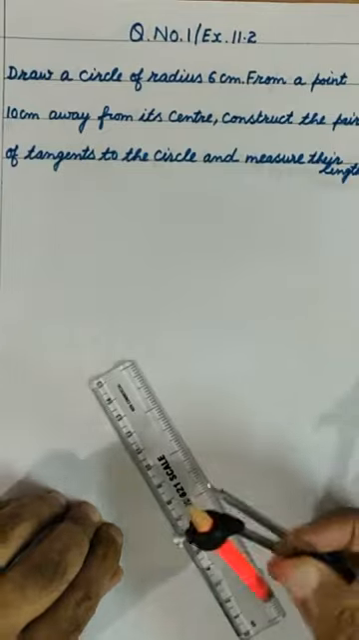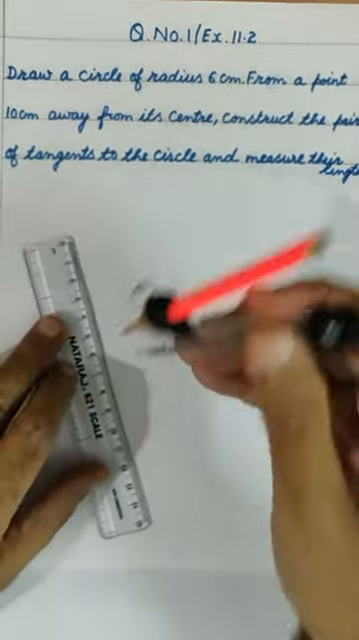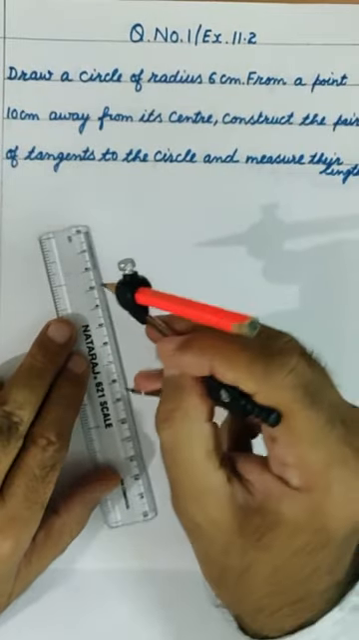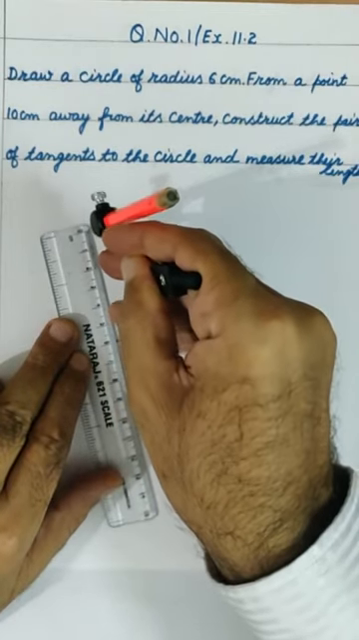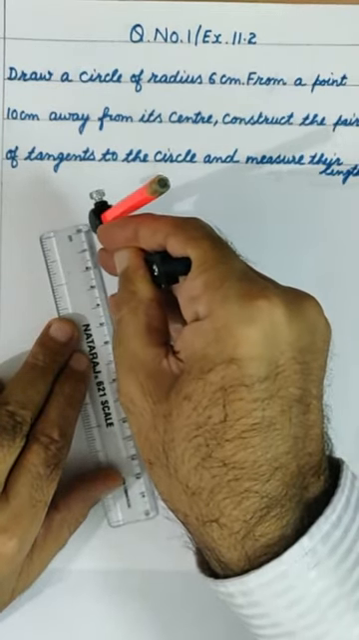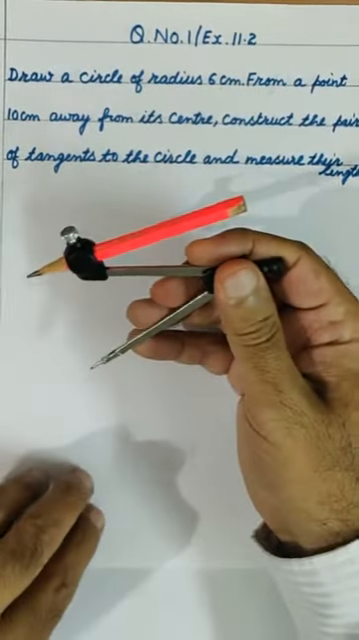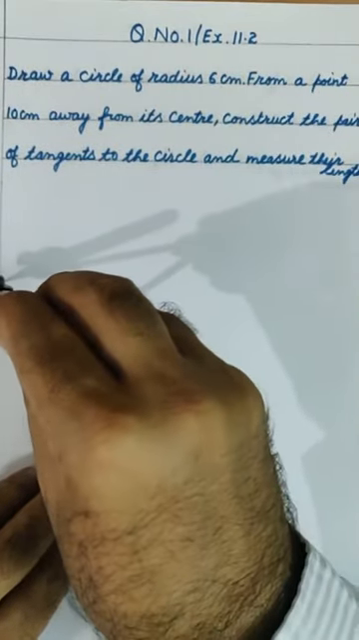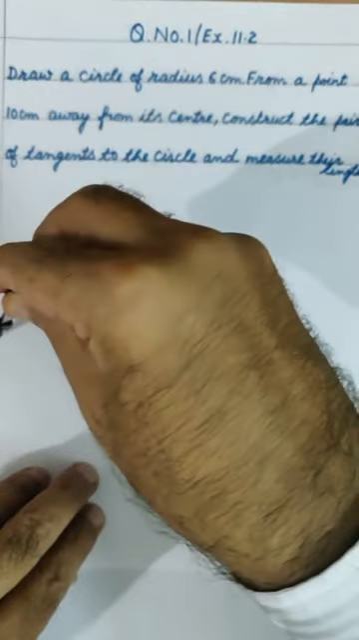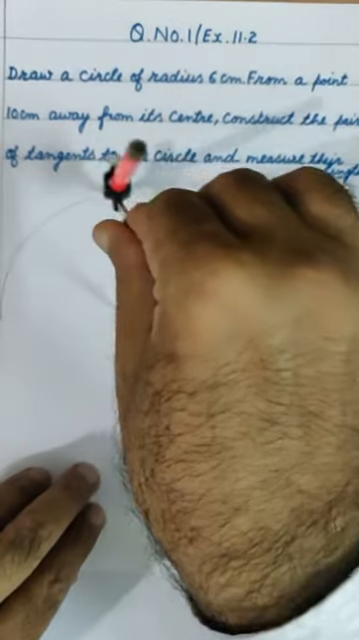You see, students, first of all we are to draw a circle of radius 6 centimeter. That means we are to open this compass to a length of 6 centimeter. The width of the compass is 6 centimeter, because we have to draw a circle of radius 6 centimeter. You can put it here and draw a circle. You are able to see this is a circle